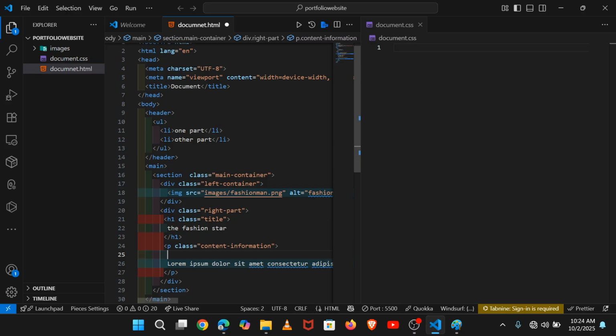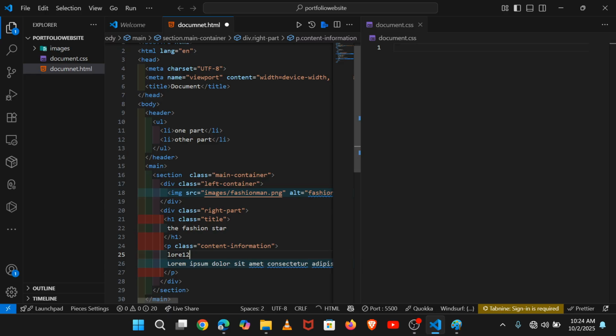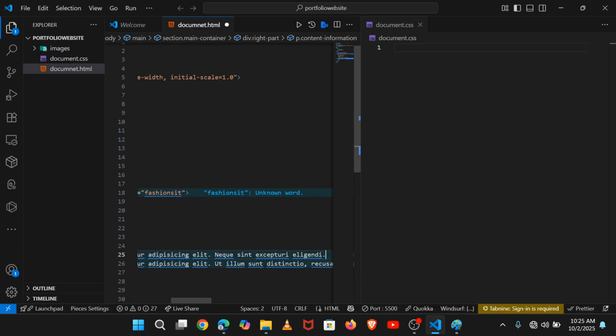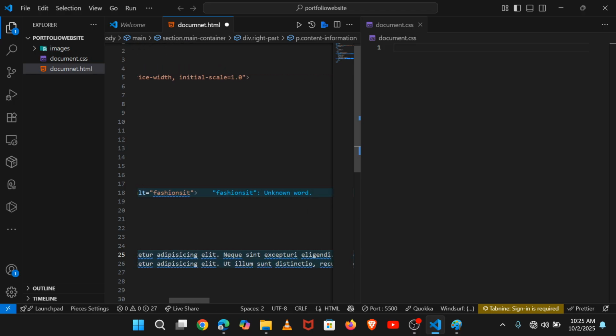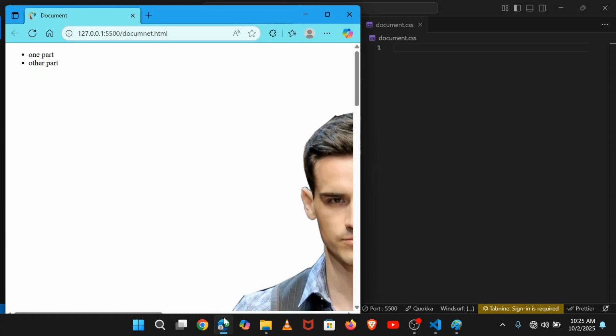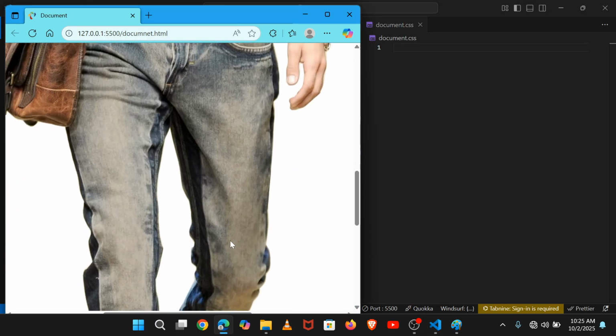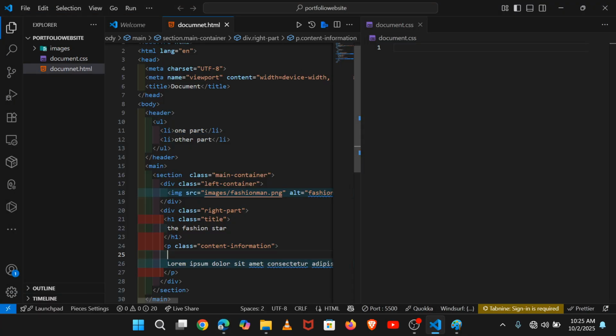So if you don't know how to use it, you can write lorem 12, and when you click you see the words come, and if you want many you can write lorem and put the number of words that you want. So I just want that number, and Control S to save. You can see we have the man that is here and the text,